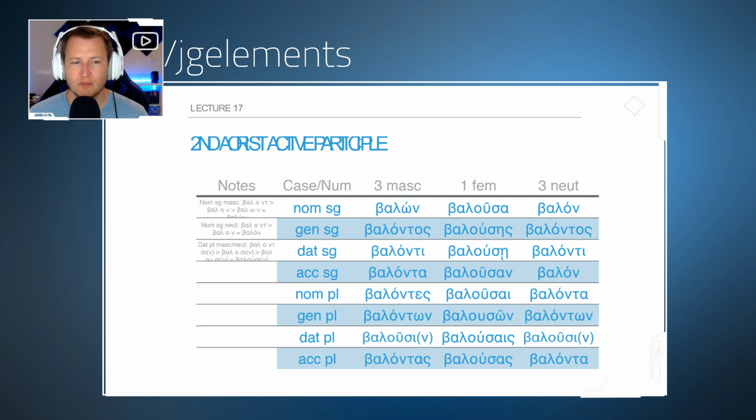And then the same is true over there in the neuter. These are third declension because of the nu-tau. The feminine, though, this is active, so it's using usa. So balusa, balusis, balusi, balusan, baluse, baluson, baluses, balusas. The only way we know it's aorist, undefined, is that there's only 1 lambda. So this would be something like 'after throwing.'